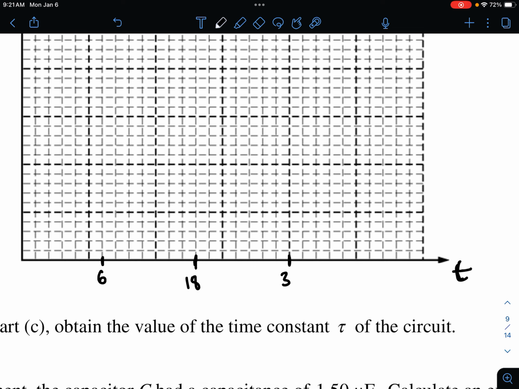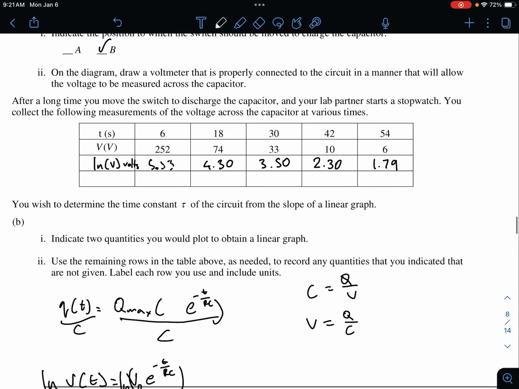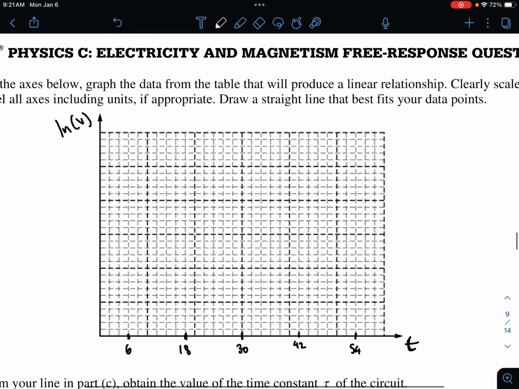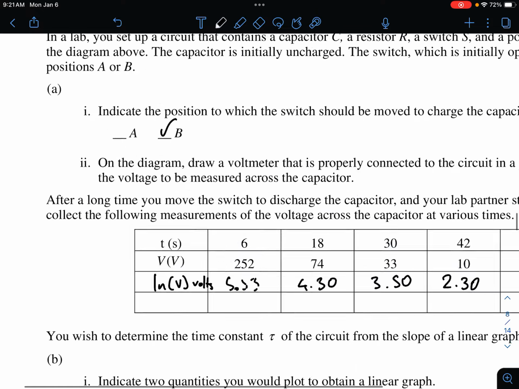Oh, that won't fit at all. That fit? And then I have 42. Yeah, no, that won't fit. There's no way on earth that fits. So I think I have to do it like this. So 2, 4, 6, 10. This would be 18. This would be 30. This would be 42. And then the next one is 54, right? So this would be 54. That's a pretty nice scale. Yeah. So now I just do the same thing for natural log, and I think it also works out well,